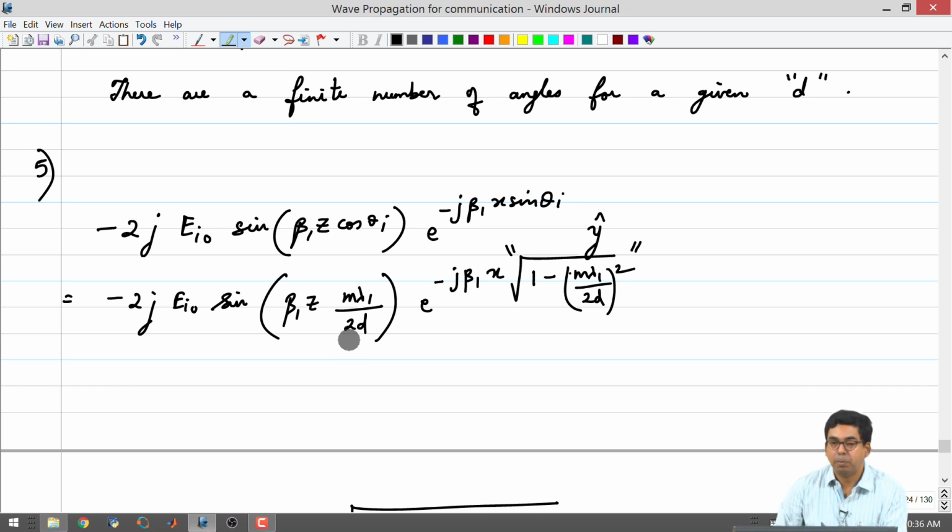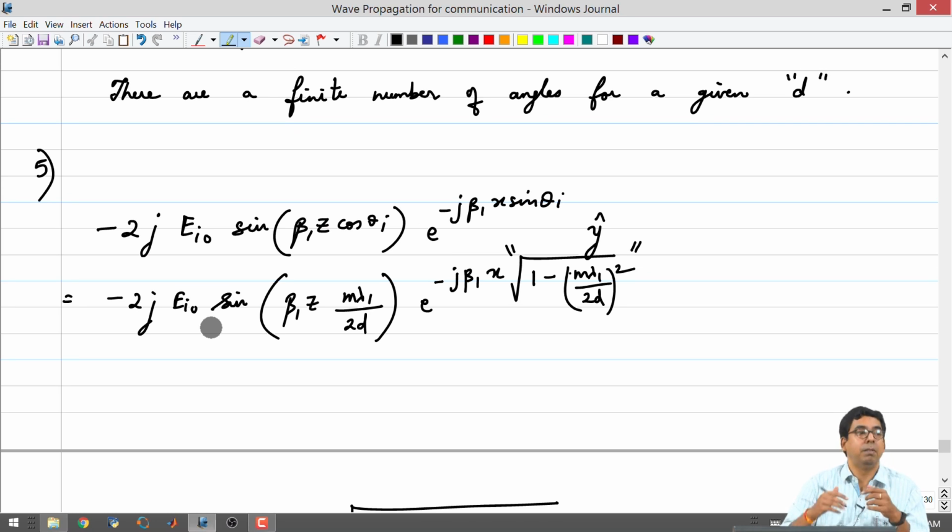Now, what I am trying to plot is, with respect to the z direction, what is happening to the electric field. So, I will keep all the other parameters constant, vary only the z to go from one plate to another plate, and try to plot what is going to be happening. I know that at the edges the fields are going to be 0. In between, as z increases, there will be a pattern that is evolving, and this pattern is something that we have already seen without m.